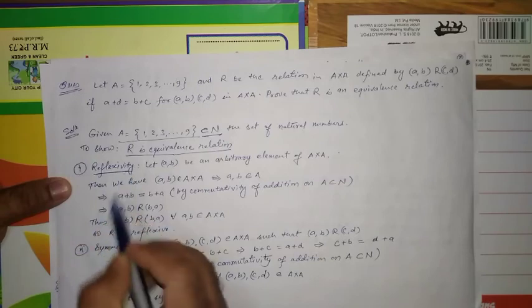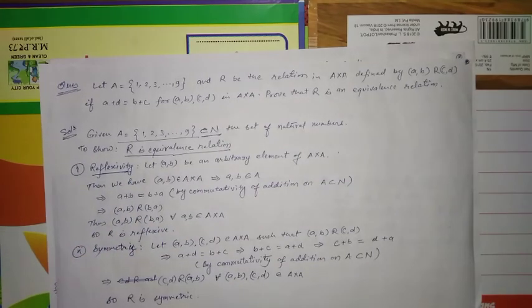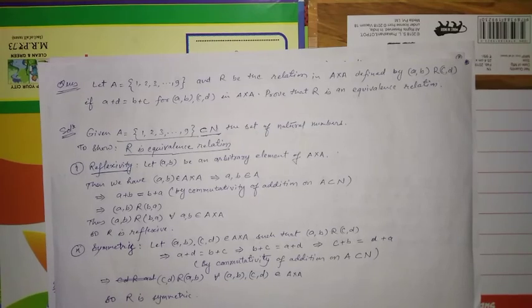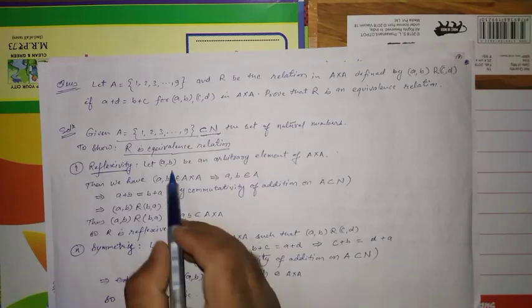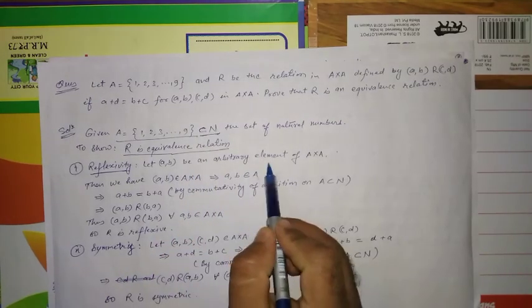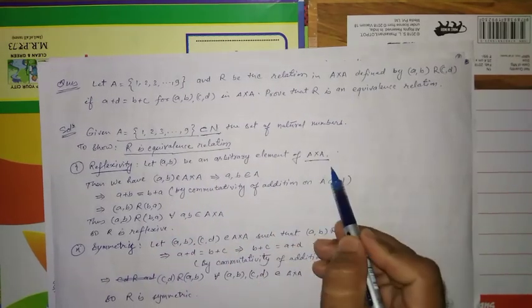To show R is an equivalence relation, we have to prove reflexivity, symmetry, and transitivity. Only if the given relation is reflexive, symmetric, and transitive will we say that this relation is an equivalence relation. So let (a, b) be an arbitrary element of A × A. First of all, we are